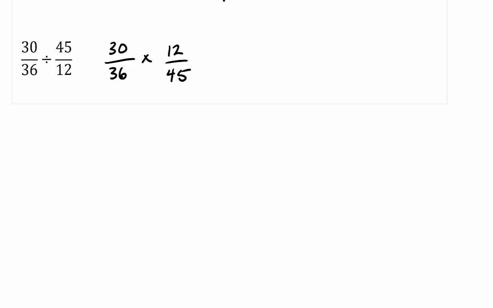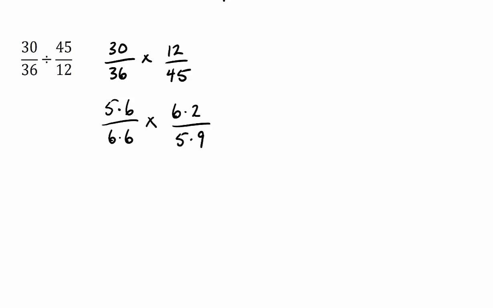Now, I believe a more efficient way is to simplify before I multiply. And how do I know that I can simplify first? I'm looking for numbers that would divide into both numbers in the numerator and denominator. So for instance, 5 would divide into 30 and 45, and 6 would divide into 36 and 12, as an example. You could also do smaller numbers, but the larger numbers you can find, the fewer steps you're going to have. So if I write each of these numbers in factored form,